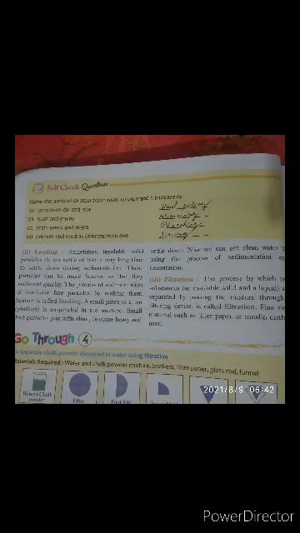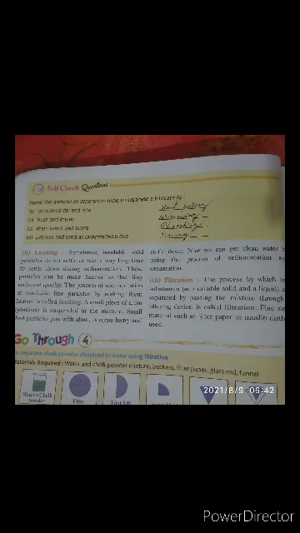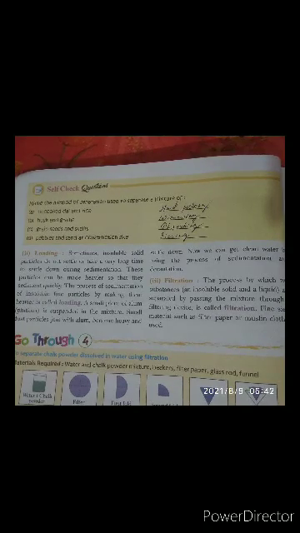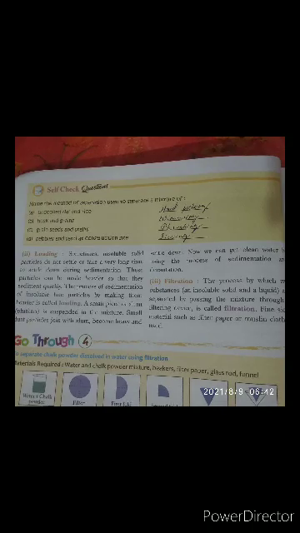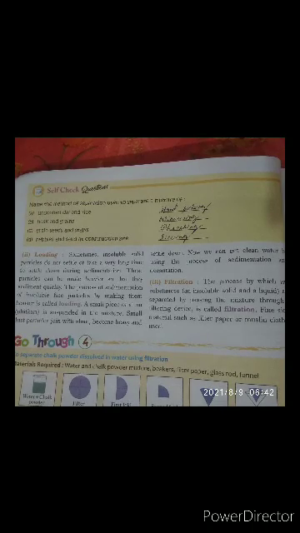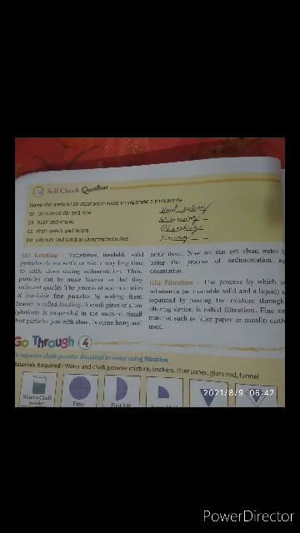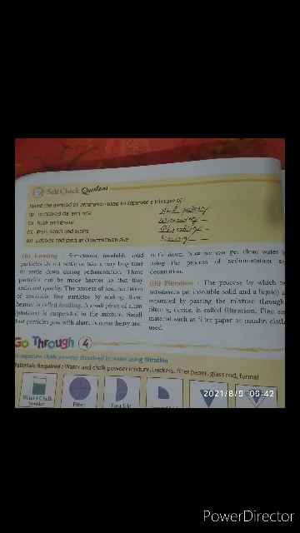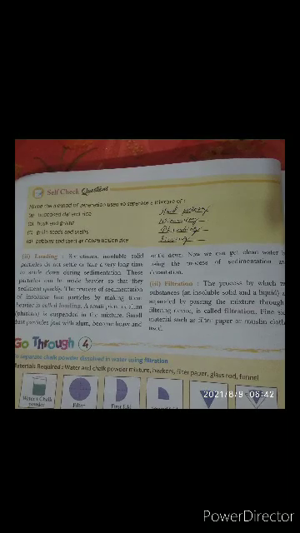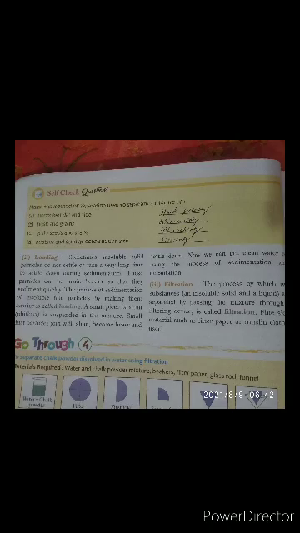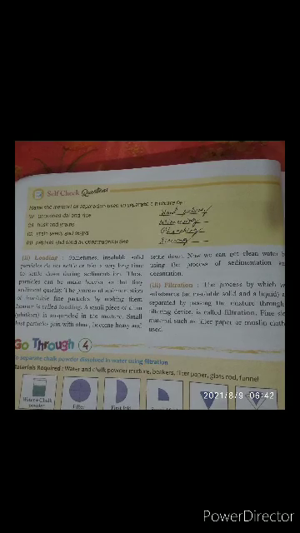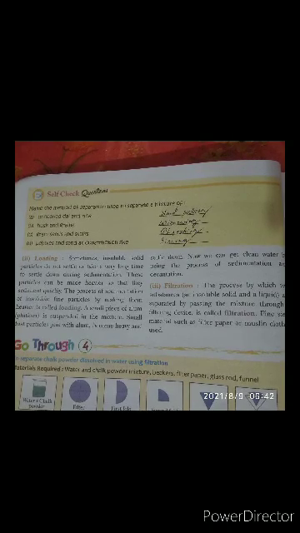A small piece of alum, that means fitkari. Generally you can see fitkari in barber shops, like a piece of ice. Alum is suspended in the mixture. Small dust particles join with alum, become heavy and settle down.